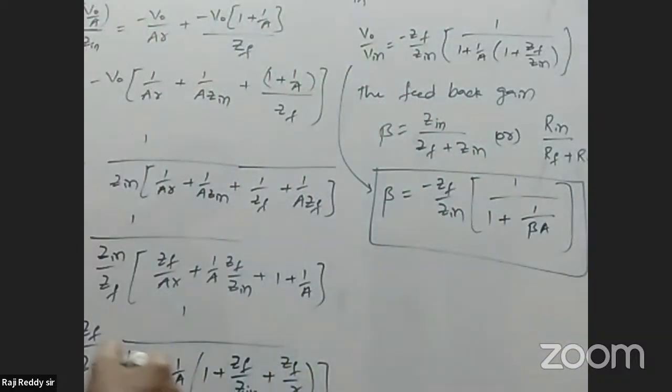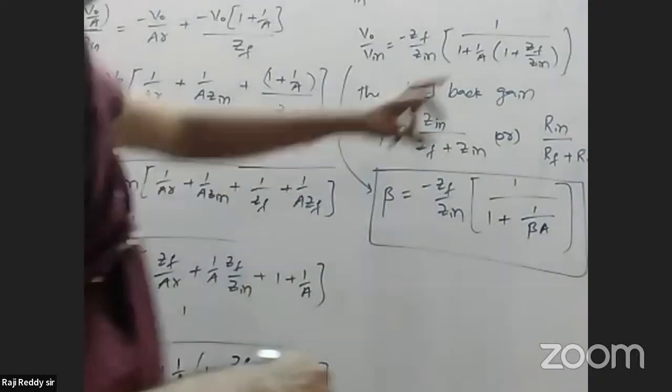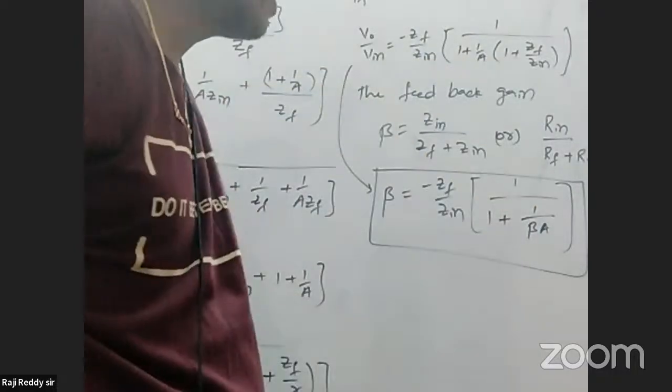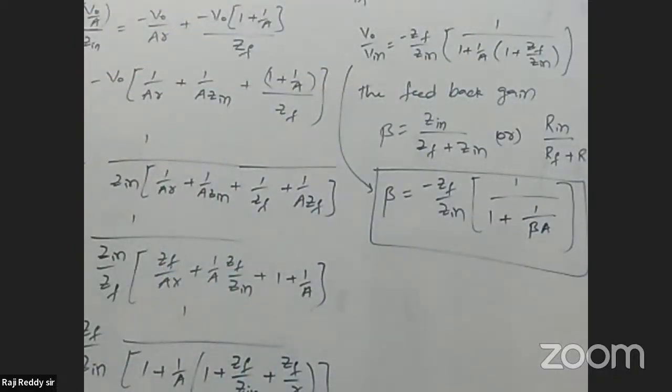Is it possible? 1 by 1 plus 1 as it is only. Instead of 1 by A into 1 plus Z by Zin, it is equal to 1 by A beta or beta A. So from that, beta is equal to Zin by